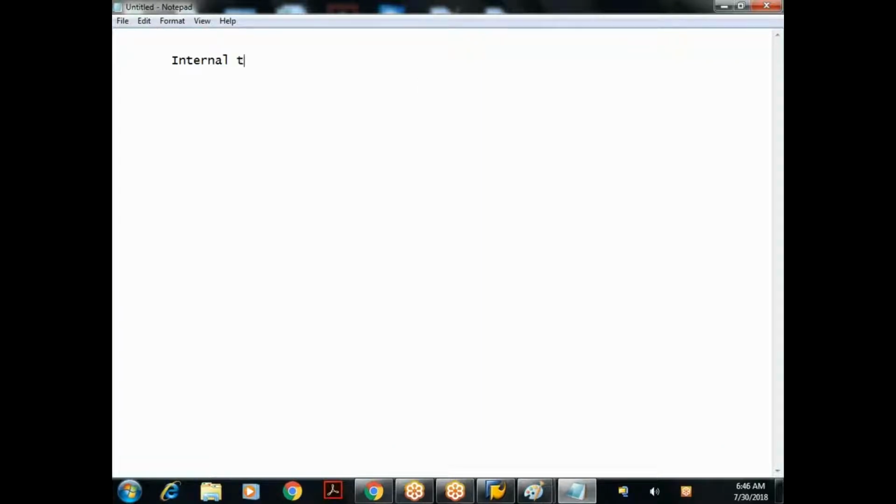internal tables. Let us understand the purpose of internal tables. This is similar to a result set in Java. Those who know Java, in Java we call it a result set. And if you take .NET, it is similar to a data set. So in ABAP we use an internal table, similar to a result set in Java. Let us understand the purpose of internal tables.